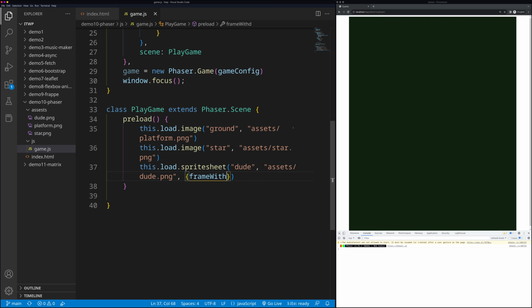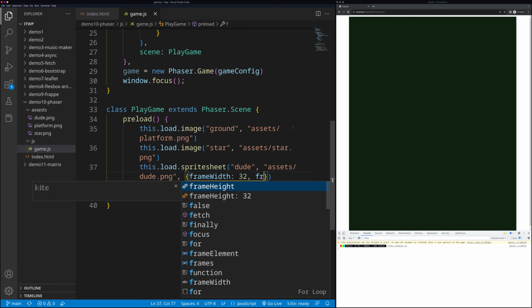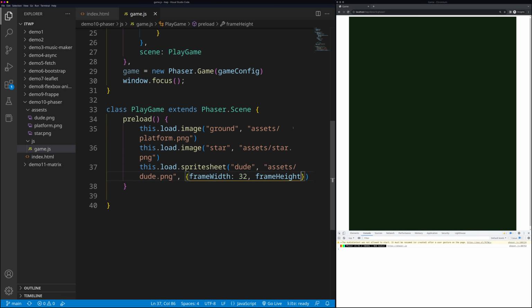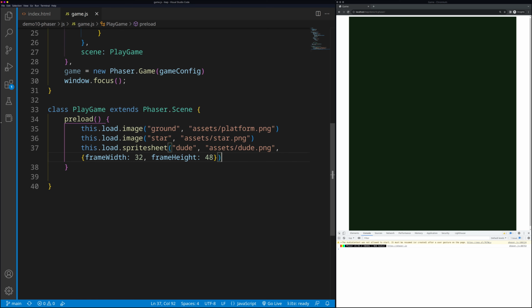frame width is 32 pixels and frame height is 48 pixels. And now we have done our preloading, so now we have the images loaded. Then we can continue to create